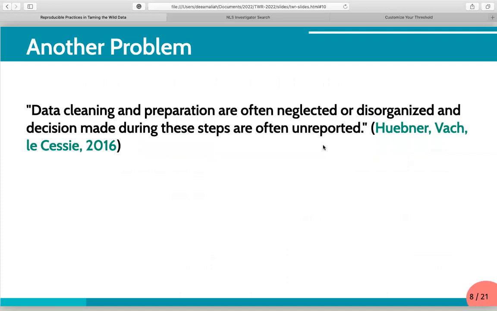And the other problem is that these stages, the data cleaning and preparation, are often neglected, disorganized, and decisions made during this process are often unreported. So, which means that there is often a lack of reproducibility in these stages. But in fact, reproducibility is very important.